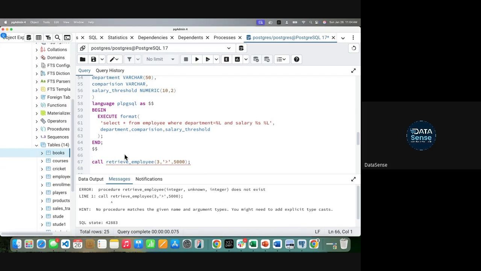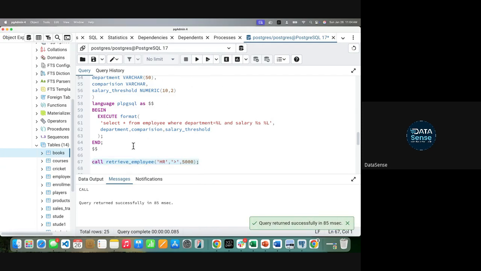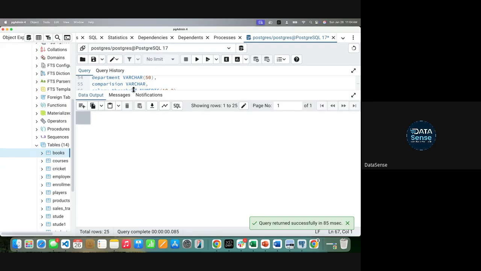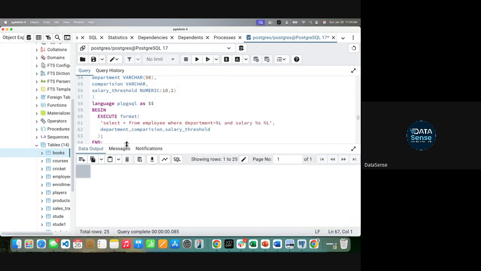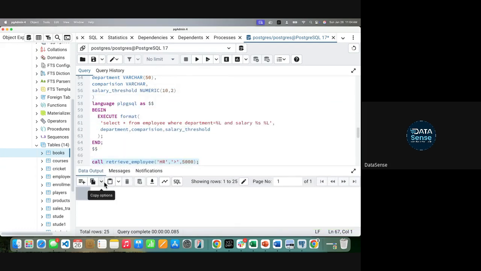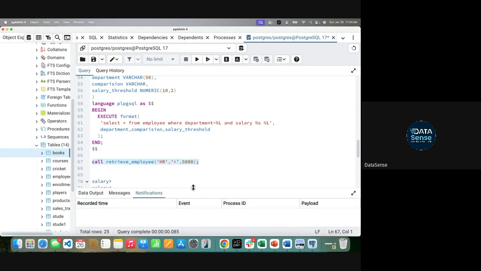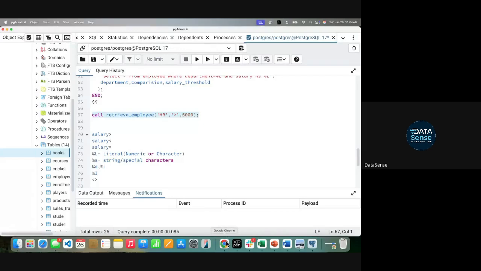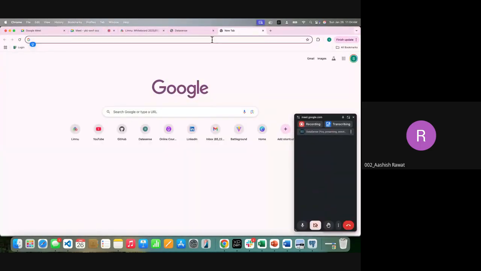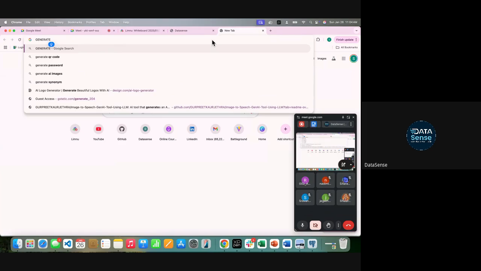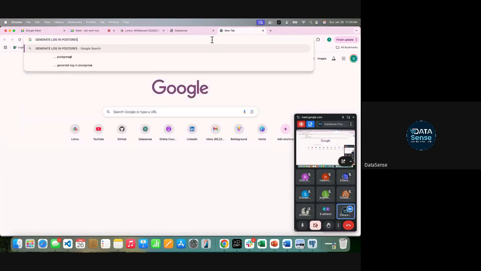Yes. So let's do one thing. यहाँ पे let's call it HR. Let's run this. Just checking if it is giving any output. In some SQL servers, it gives it in logs. I'm just checking if there is any log generated. Sometimes you can see those results in the log, but I don't see it here. Sir, what is log? Like whatever query you run ना, उसका result आता रहता है. Generate log in PostgreSQL. Let me just confirm.